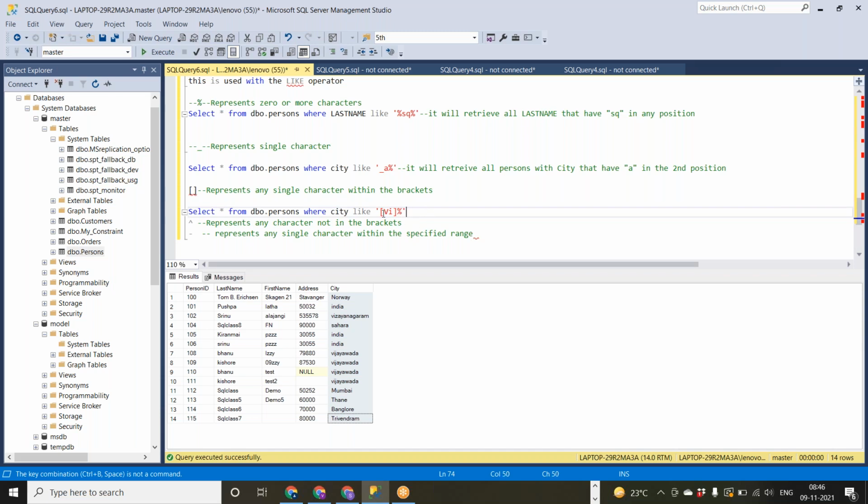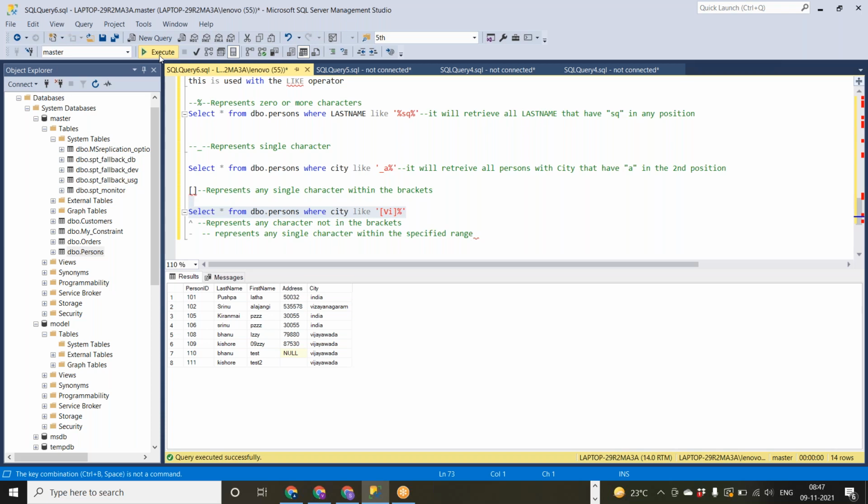What I'm mentioning here in the brackets, it will take as a single character within the brackets. That means it will get the data which is having either V or I in the starting.